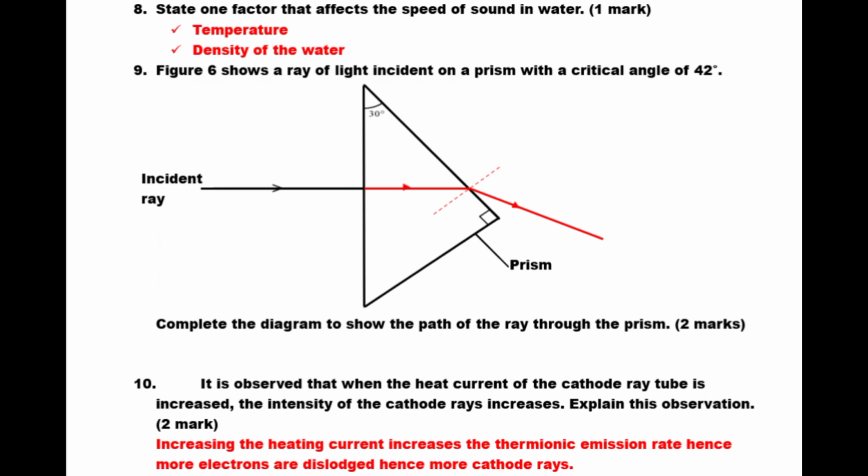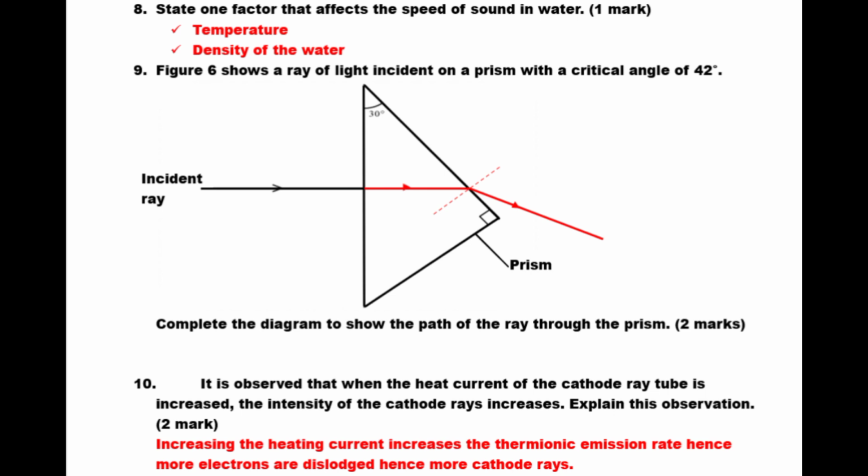Question 10. It is observed that when the heating current of the cathode ray tube is increased, the intensity of the cathode rays increases. Explain this observation. So the answer: increasing the heating current increases the thermionic emission rate, hence more electrons are dislodged,